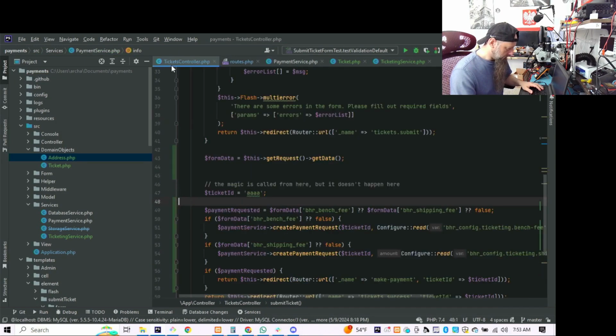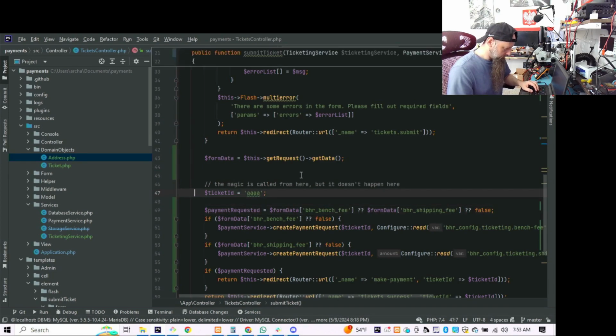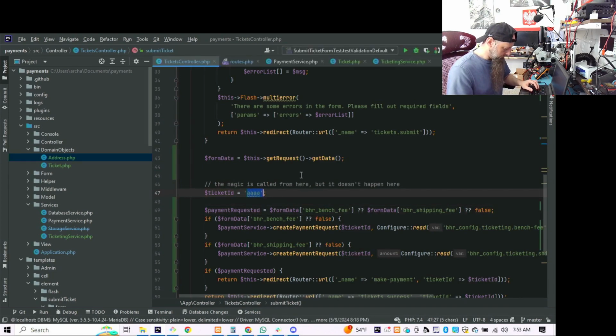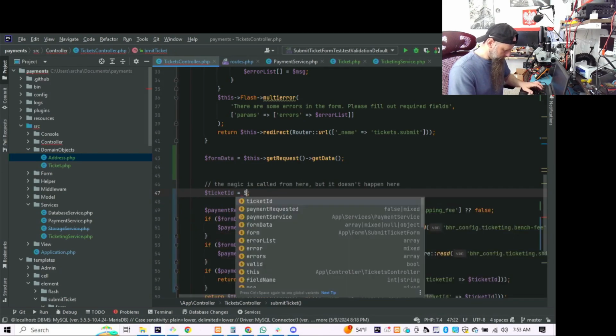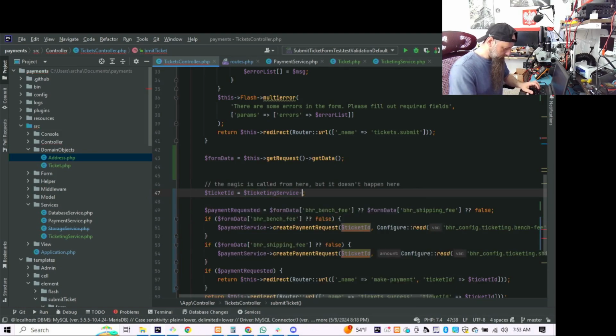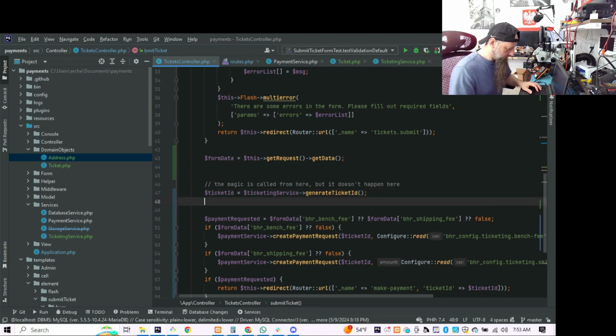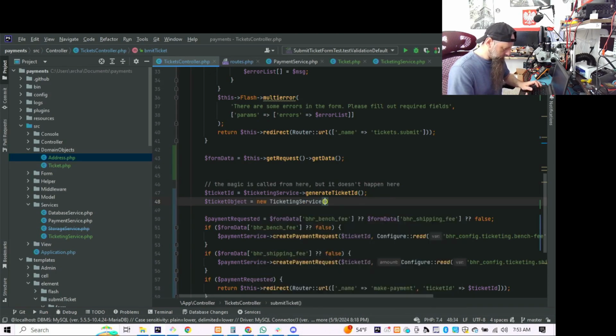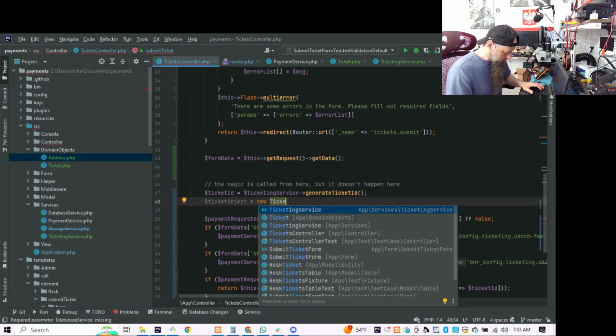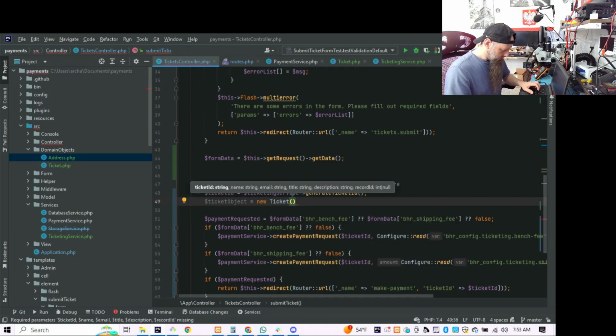So going back to the ticket controller, in the tickets controller we want ticket ID to be ticketingService generateTicketID. That will be our ticket ID. Then the ticket object will be new Ticket, and we have the ticket ID, we have